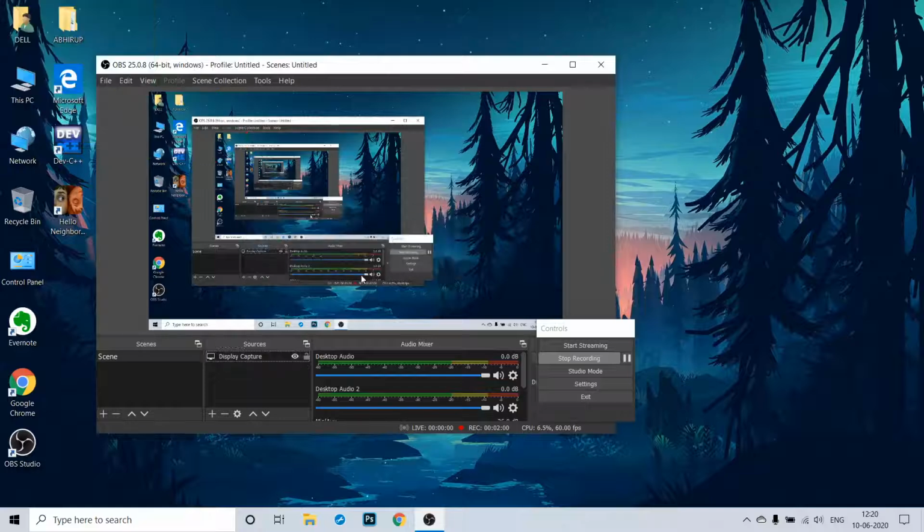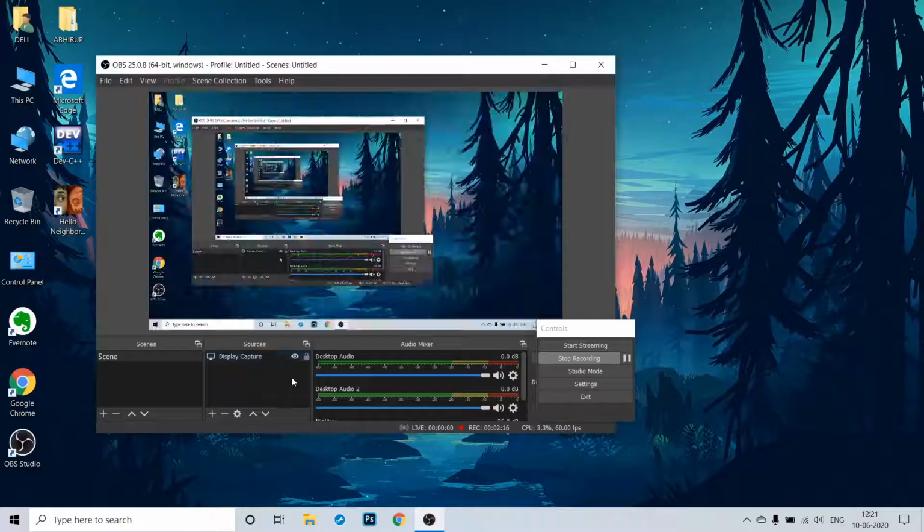Okay. So right now, you can see what I'm recording on the screen, but you can't see my face. This is also not going to be there, the display capture. Let me just turn it off. It's going to be blank like this. So hit on the plus button, and then your screen is currently black, right? So let me just turn it back on.